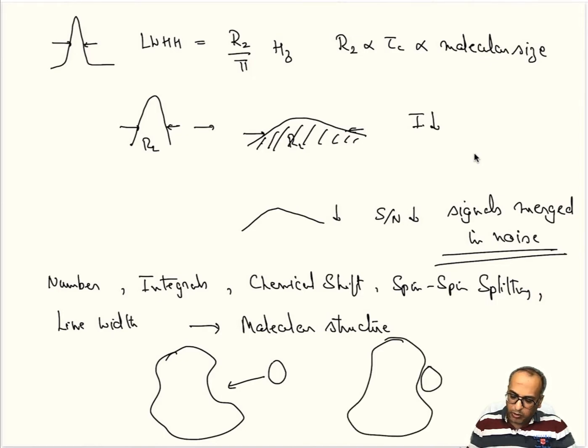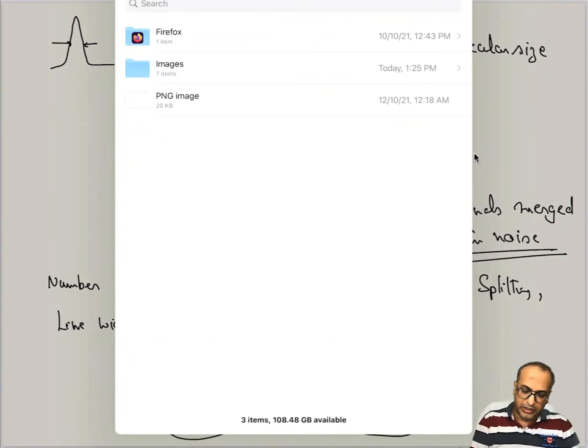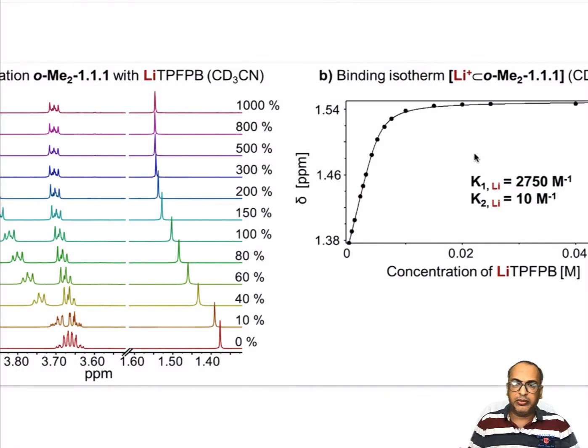So now all these protons which are at the site of binding, here I am marking in red, are now having a different chemical environment. That is, the electronic density around those nuclei will be perturbed, causing a perturbation in chemical shift, right? If there is a perturbation in chemical shift, it will show up in the NMR spectrum. So let me pull out an image to highlight how there is a change in the NMR line which can be seen.